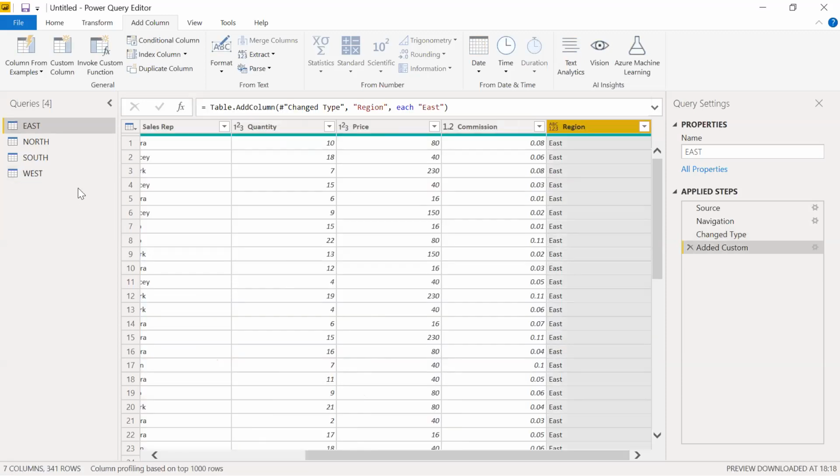Data for all the region. Then I go to the home. There is an option called